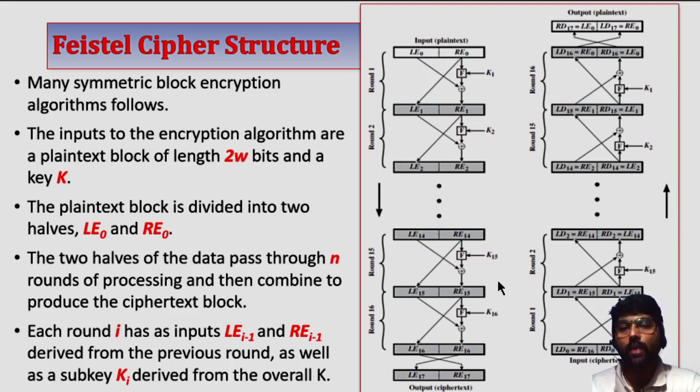Now what actually happens is, whenever the key is given to this algorithm, it will create n number of subkeys, and each subkey is different from the other subkeys. Each subkey is different from the other subkeys as well as the key. For each round, a separate subkey is given for the processing.